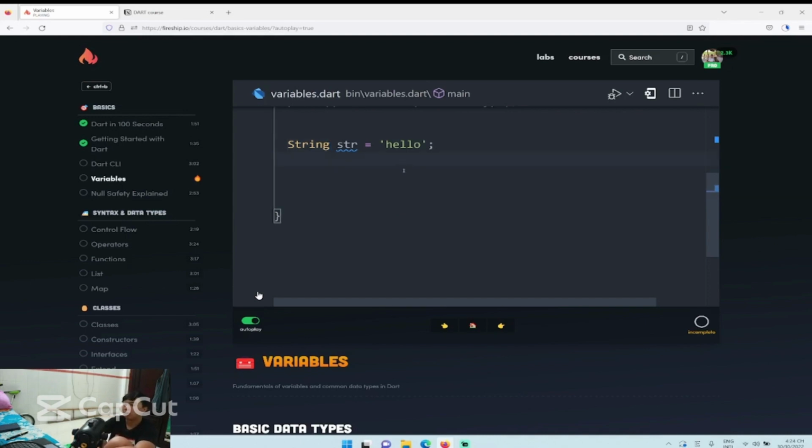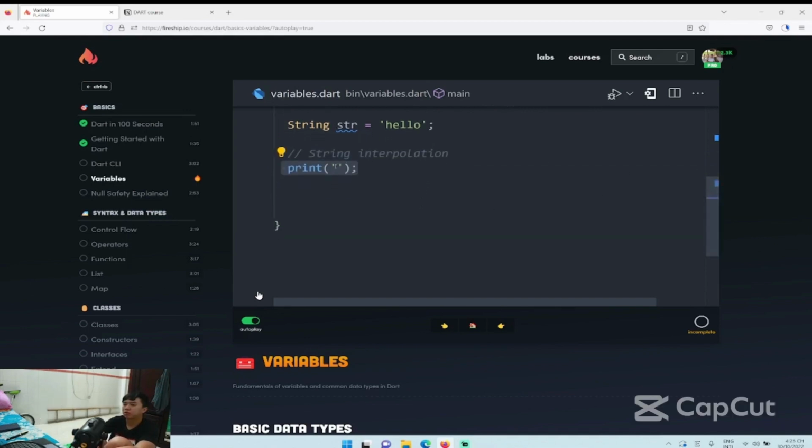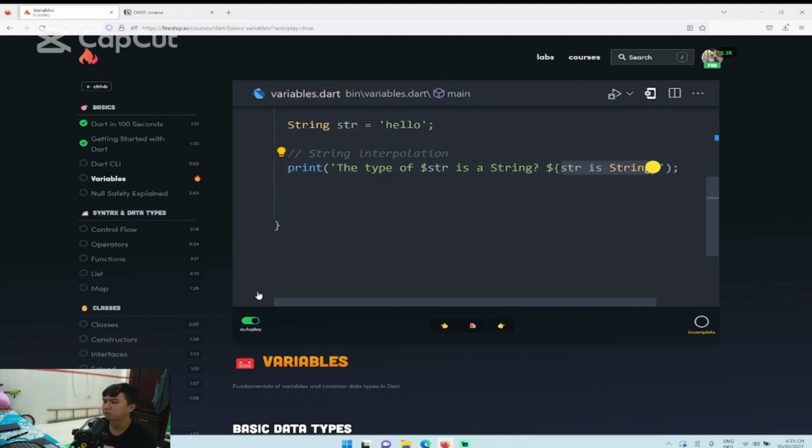When it comes to strings, there's one really important technique that you'll want to know called string interpolation, and basically it allows you to insert a variable or expression into the new string that's being created. If you want to insert a variable into a string, simply add a $ sign followed by the variable name after it. Dart will automatically insert the value of that variable into the string. But in some cases, you may want to add a more complex expression into the string, in which case you can add braces after the $ sign to create an expression that has spaces in between it to add additional logic